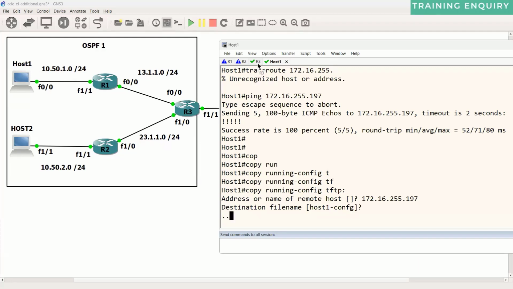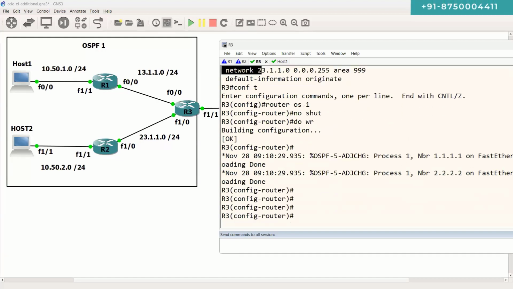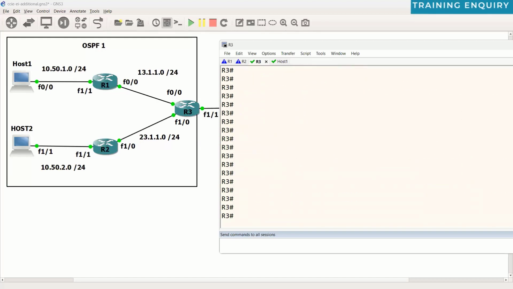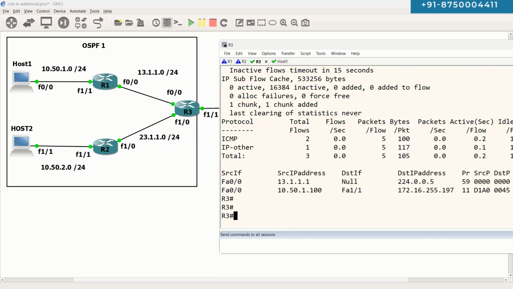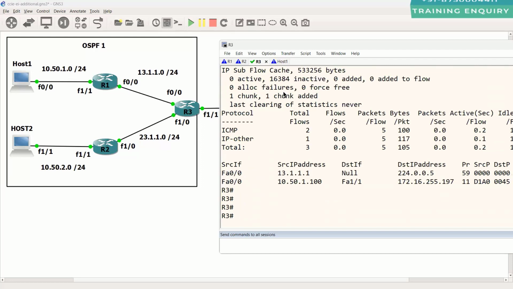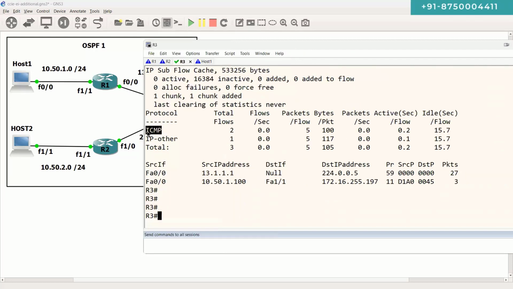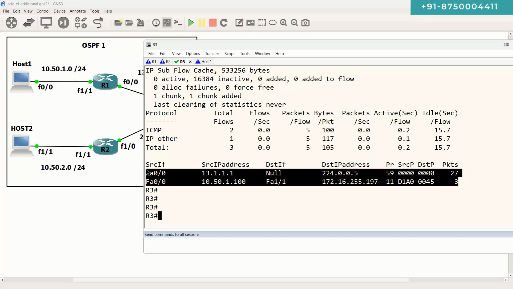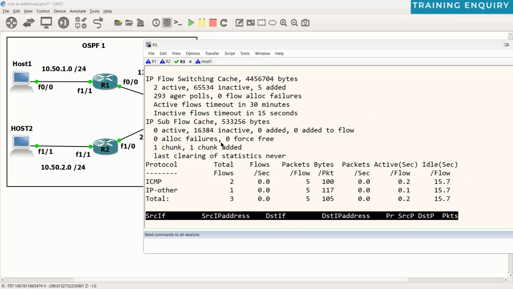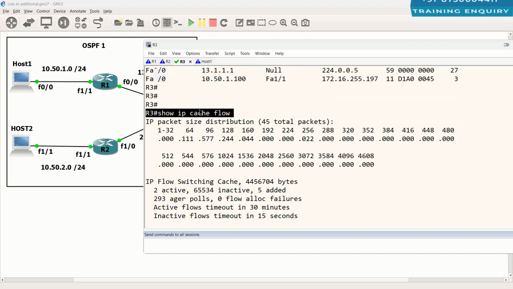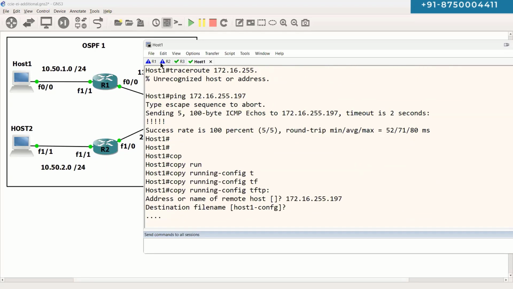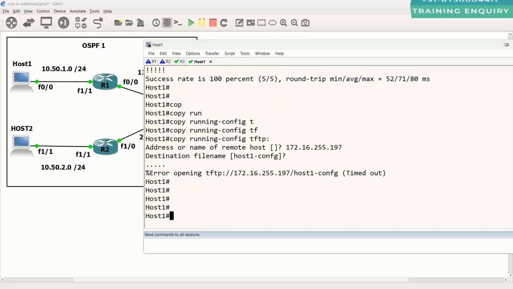If you go on router number 3 now, use the same command again, show IP cache flow, and you will now see other information as well. You can see information such as the ping you did. So ICMP, IP other, FA0/0, you can see the information, 27 packets, 3 packets and all. We can see the interface. We can see the information of different flows on this particular device. Right. So we can actually analyze